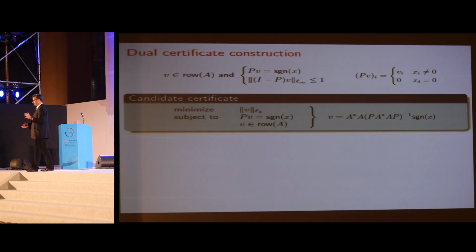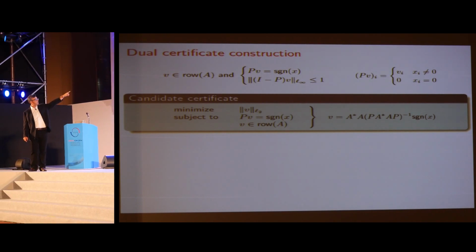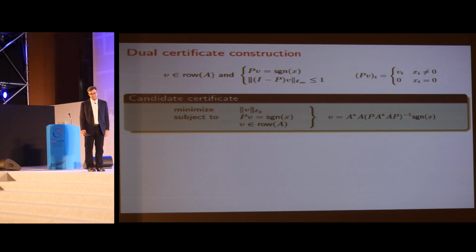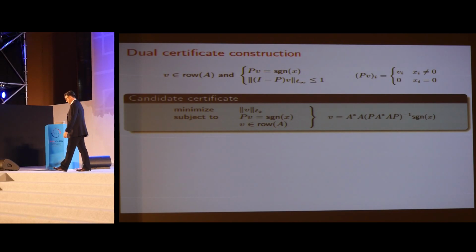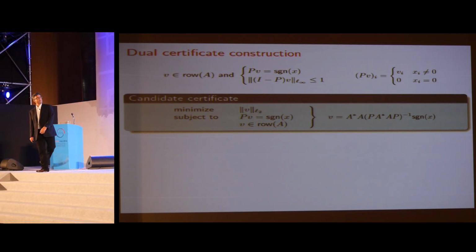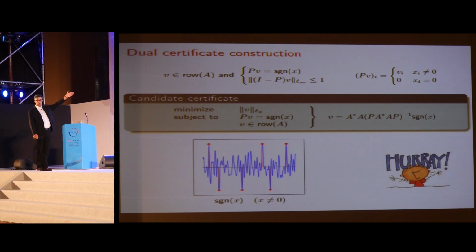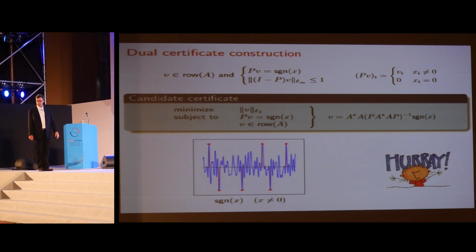It's very complicated, right? If I look at the matrix inverse, inside the inverse I've got a time limiting operation and a frequency limiting operation. So I have this very random object, and I need to control its norm. That's not easy. And so this is the solution, right? On the previous example, that's the candidate certificate.